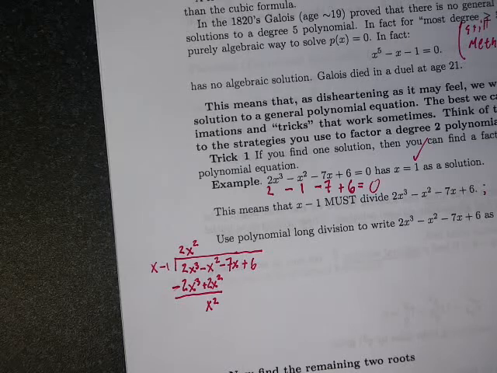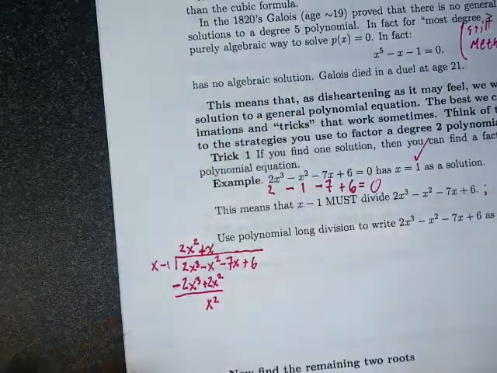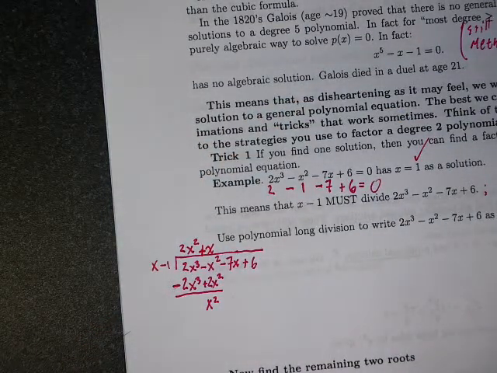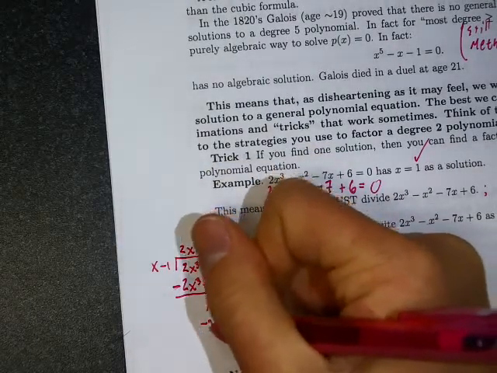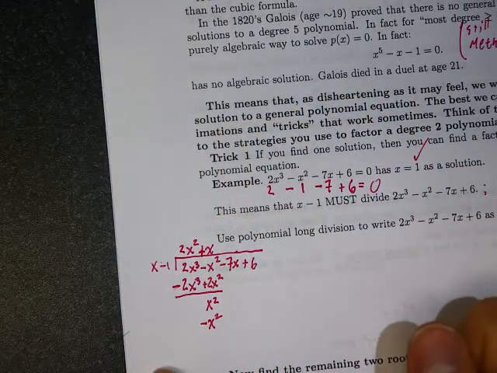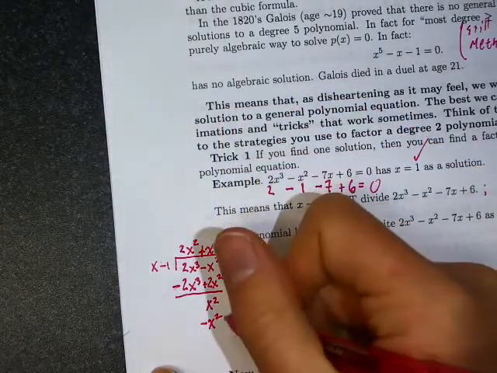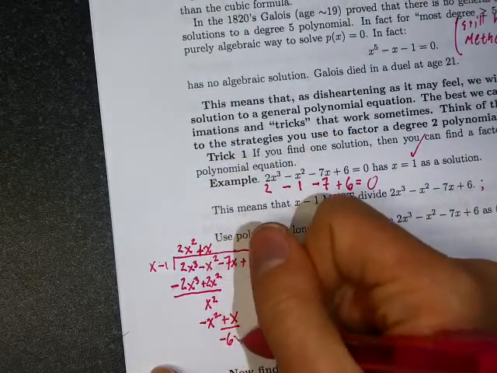So let's just repeat the algorithm again. What do I need to multiply this x by to get that x squared? x. So the next term in the division should be just positive x. And now we'll do the exact same thing as I did before again. So I need to now subtract x squared, because minus x times x is minus x squared. And then I need to subtract negative 1 times x, plus x, leaving me with negative 6x.